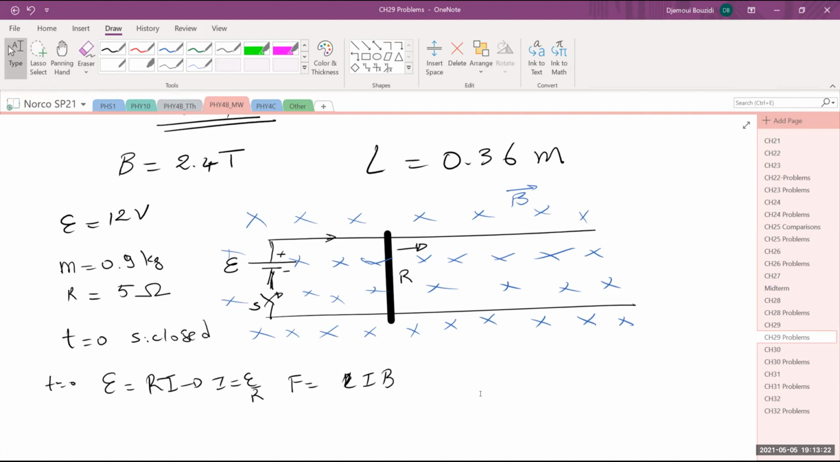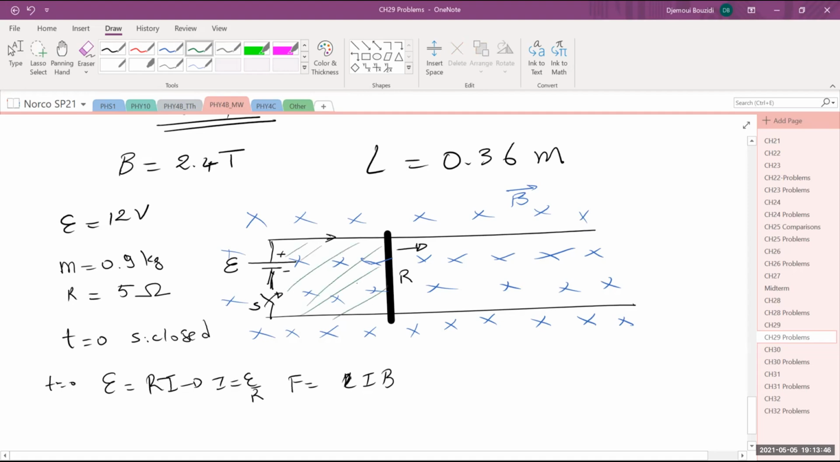The magnetic field is into the picture. So if you use a right-hand rule, then in this case, the force will be in this way. But then, hey, there is a problem now. If this starts to move, the flux of the magnetic field will change, because the flux of the magnetic field right now, just before everything else is happening, is this area